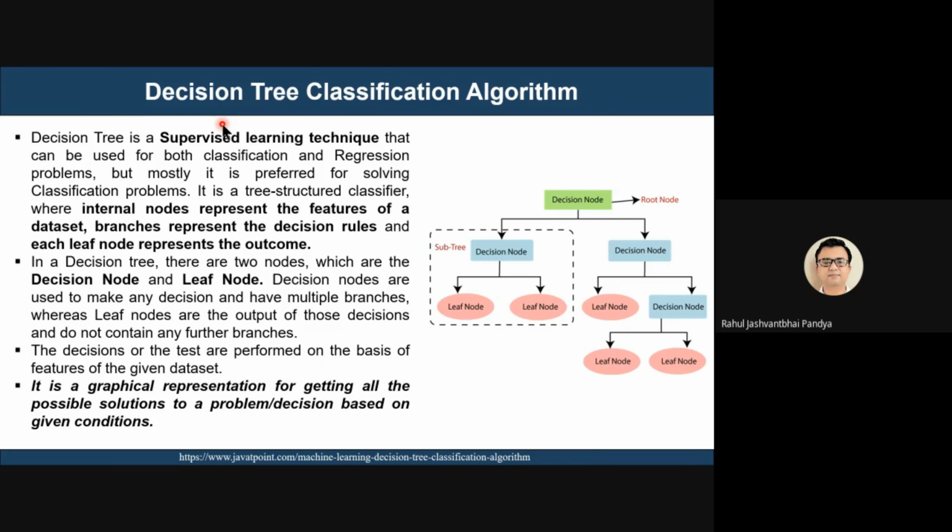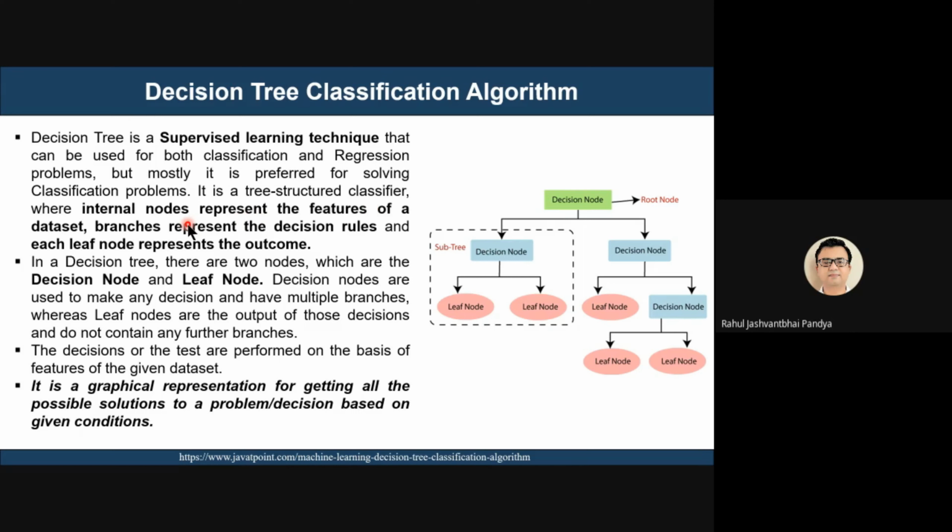Decision tree is a type of classification algorithm mainly used for classifying the task. It is a supervised machine learning technique that is mainly used for classification. Sometimes it is used for regression also, but mainly it is used for classification. It is preferred for solving the classification problem, and it is a tree structure classifier where internal